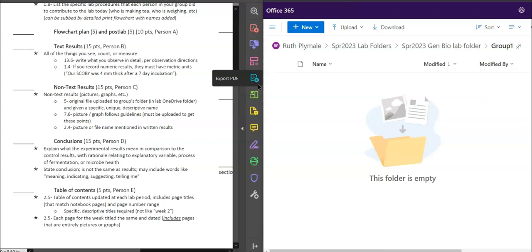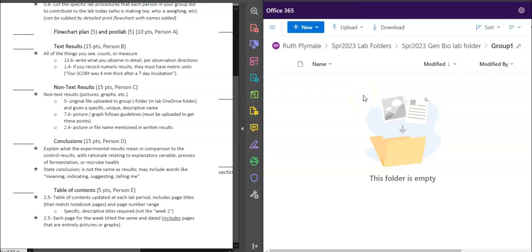You will not upload a PDF for this. Similarly, if you're the non-text result person on a week that you're making graphs, you'll upload the Excel file to your group's OneDrive folder. So if you're the non-text person, you'll take the picture, you'll make the graph, you'll get the original files uploaded,